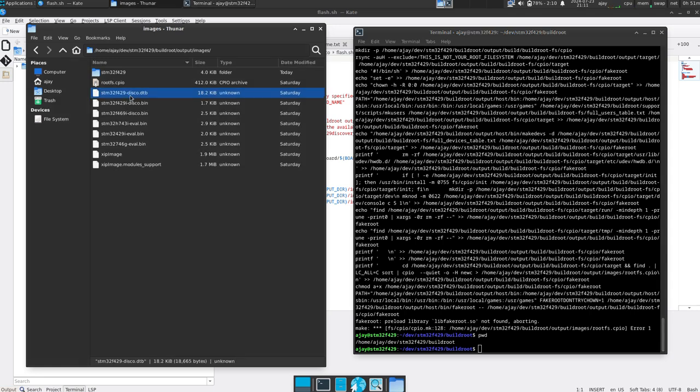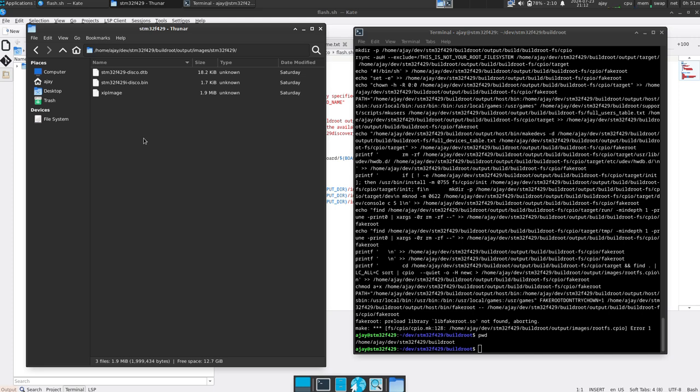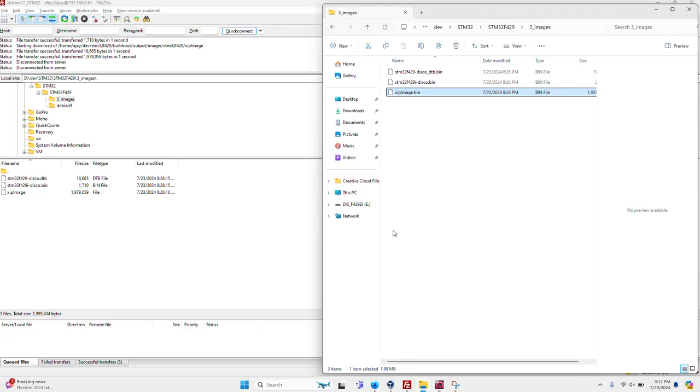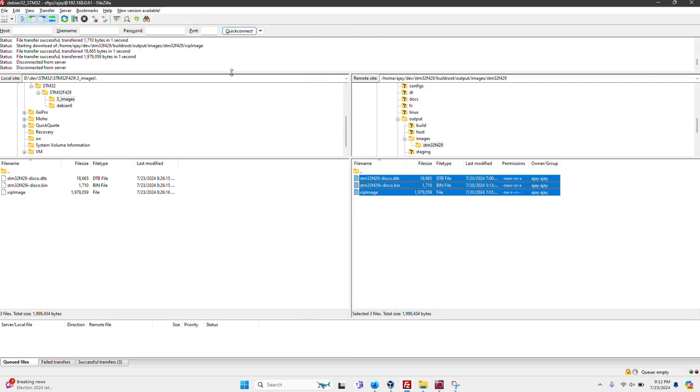Of the files, the ones that I'm interested in are the STM32 disco.dtb file, the disco.bin file, and the execution xip image. Because there are so many files that confused me, I copied them over here, and then I have a program to download this file in. This is Linux, a virtual machine, and I'm actually going to the Windows program. I used FileZilla, connected to that directory, copied the 3 files over here, and then I went to this program called